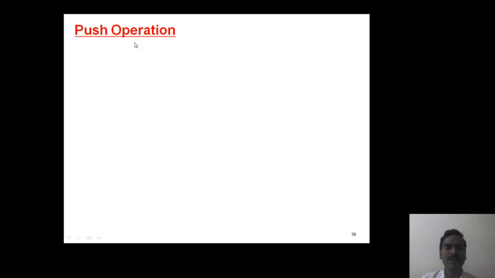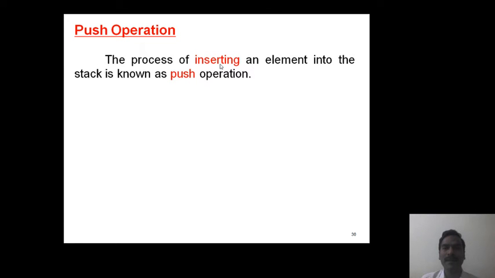The first operation, push operation. Now what is meant by push operation? The process of inserting an element into the stack is called push operation. It refers to the insertion operation.